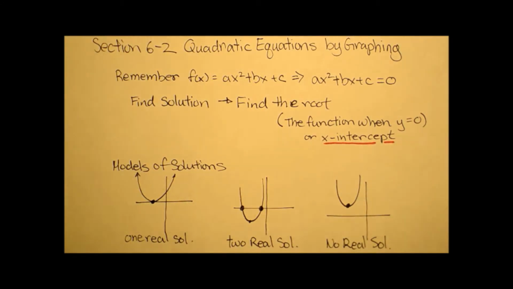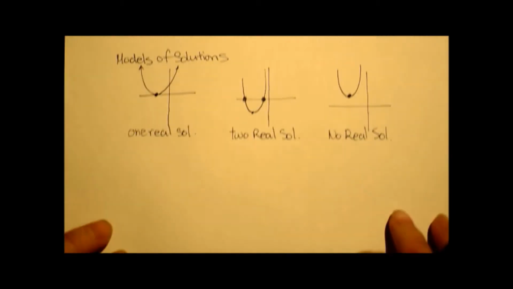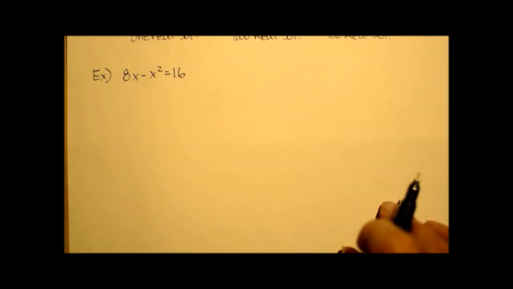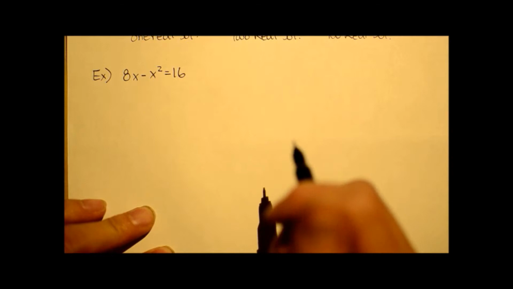So let's take a look at an example of this. We're going to write an example of this section, let's see if we can graph it properly. We have 8x minus x squared is equal to 16. Now again, what we're going to do here is we are going to check out one thing. We're going to solve for a solution, which means we are definitely setting it equal to 0. So first we are going to move everything